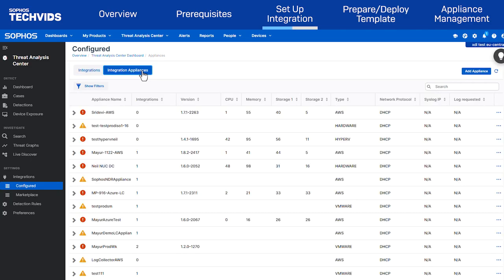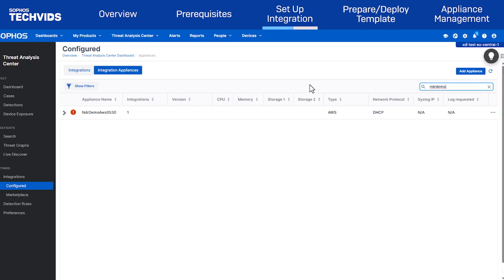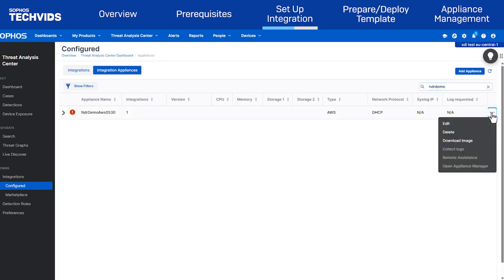If you have a lot of integrations, you can search for the NDR appliance. Click the ellipsis on the right. Once the image is created, the Download Image option is selectable and you can click on it. You're now ready to deploy the